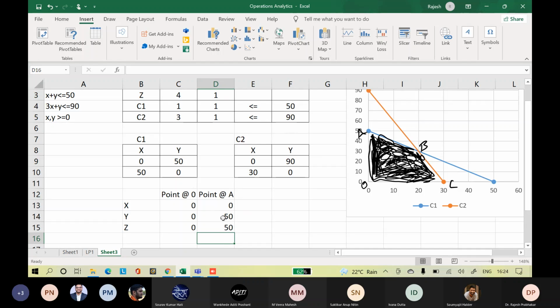Point C. Point C also same, right? 0, 50. 50, 0, sorry. 50, 0.